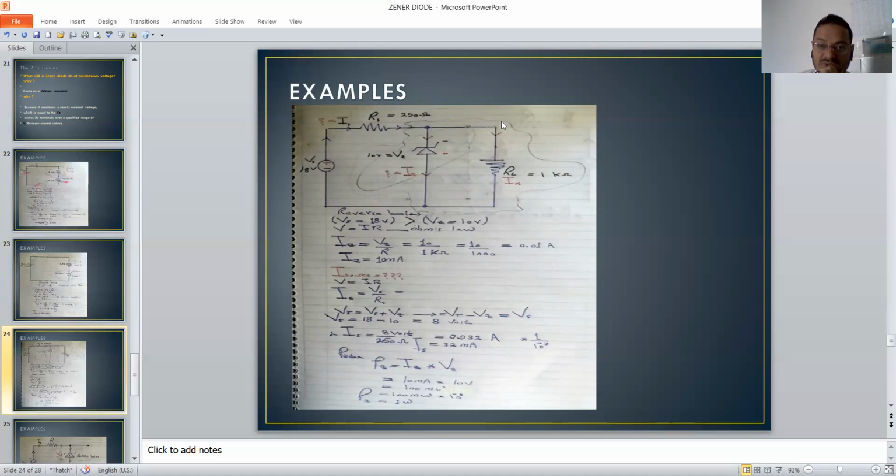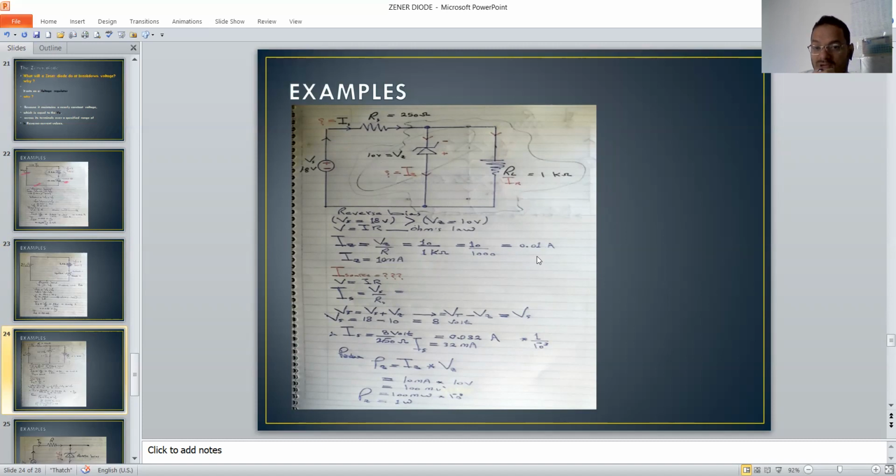We will start from this first circuit, by using Ohm's law to calculate the Zener current, with the RL equal 1000 ohm. Here IZ equals VZ, we know it, 10 volt, divided by the resistance, 1000 ohm, equal